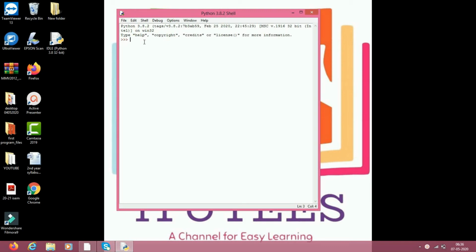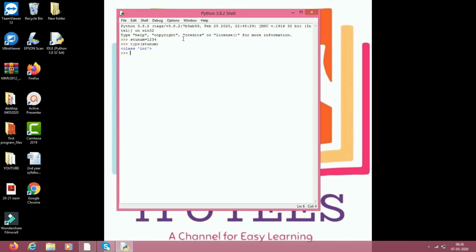Here I am writing stu_num equals to 1234. 1234 is the integer literal, and I am assigning it to stu_num. Now automatically stu_num is which data type? It's an integer data type. How can we check? type of stu_num, it's class int.